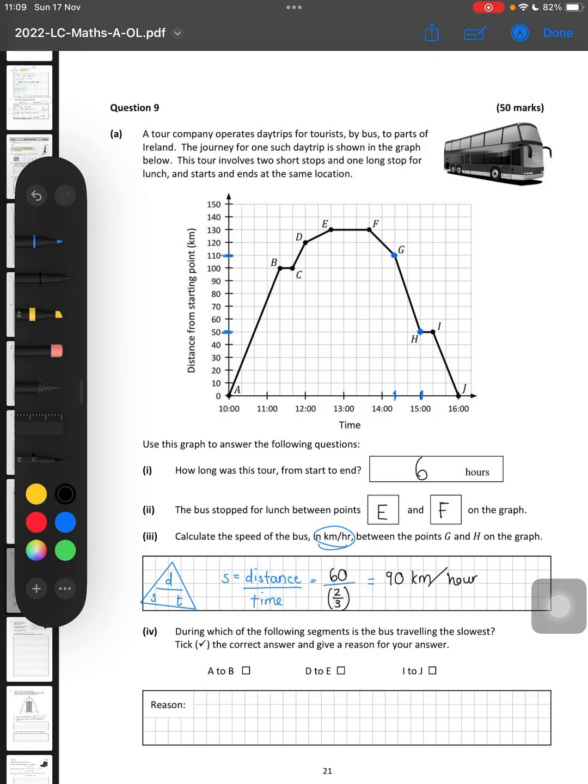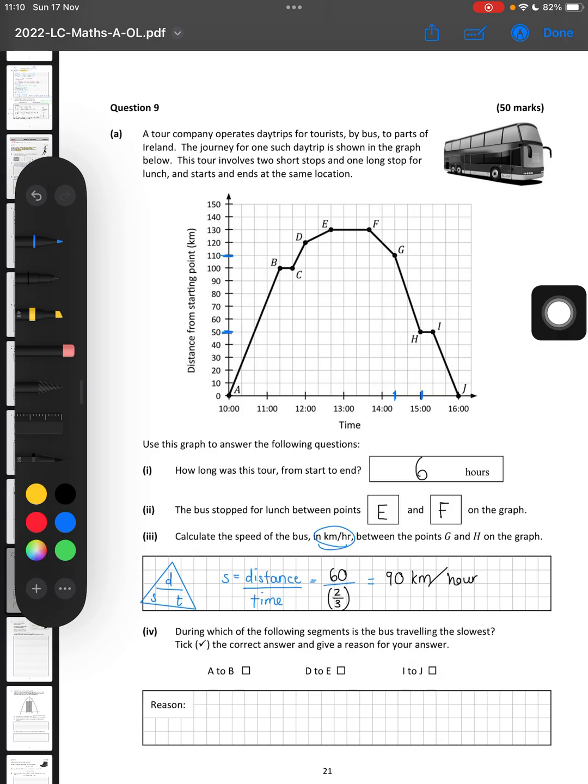Okay, and then it says, during which of the following segments is the bus travelling the slowest? Tick the correct answer and give a reason for your answer. Okay, so from A to B is here. From D to E is here. And from I to J is here. Okay, now